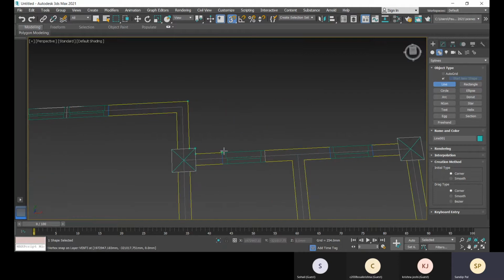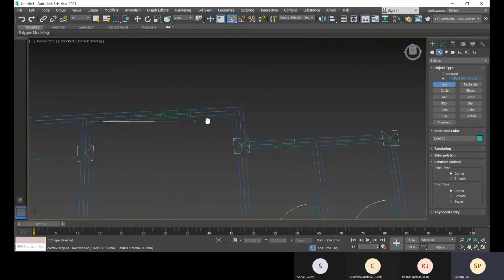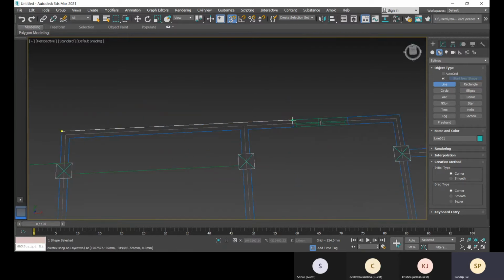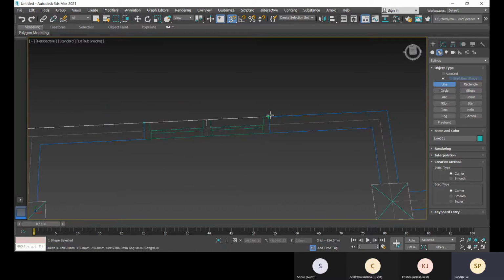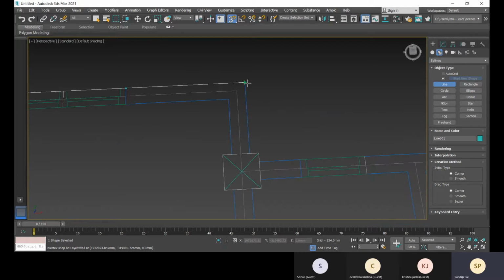For the windows you can snap also. Okay, so for windows you need to snap, so you can snap the windows opening area.